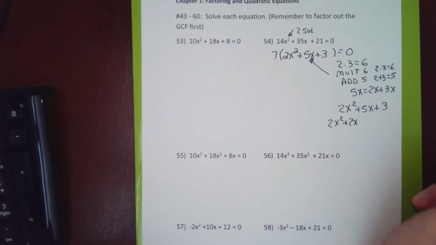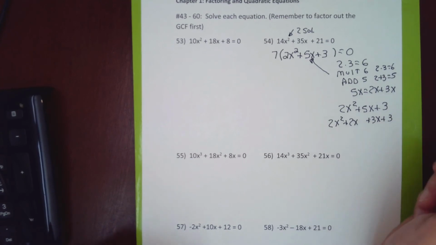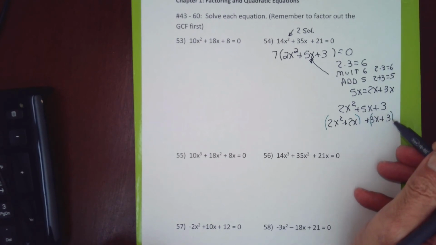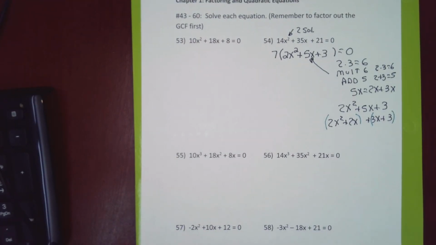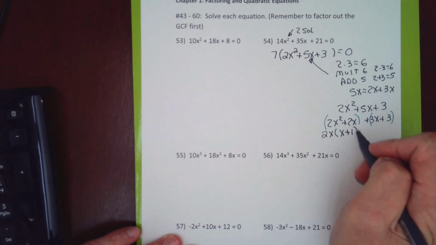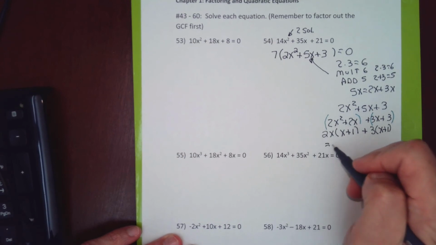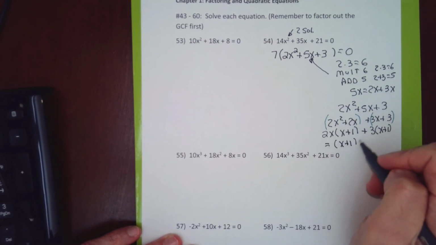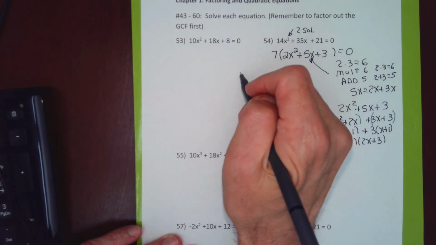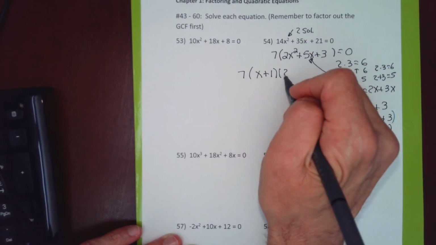I'm going to make it 2x squared plus 2x plus 3x plus 3. Doing it kind of off to the side because sometimes it gets really clumsy if I jump everything together. I'm going to factor out my common factors. First parentheses, 2x is a common factor. I'm left with an x plus 1. Second parentheses, factor out a 3. I'm left with an x plus 1. This is going to give me x plus 1 times 2x plus 3 to put after the 7. So now I'm going to go 7 times x plus 1 times 2x plus 3